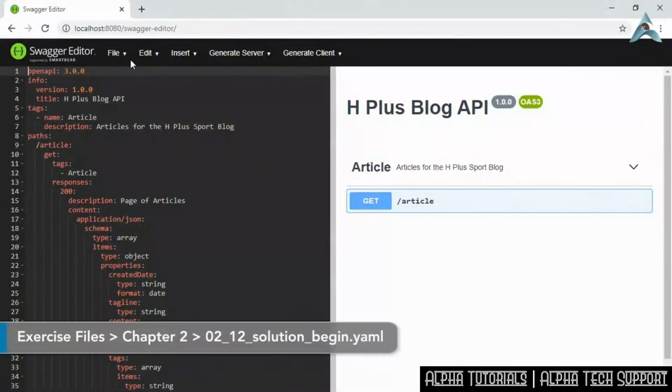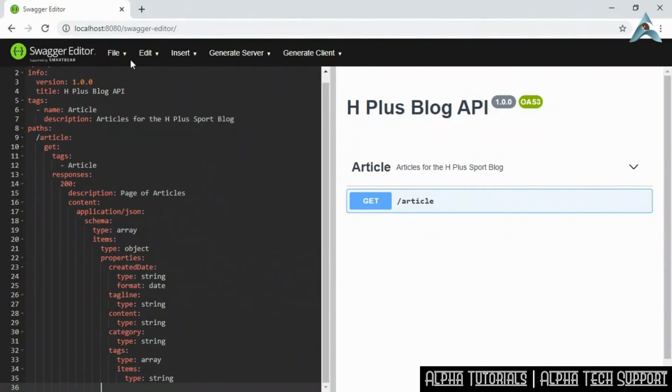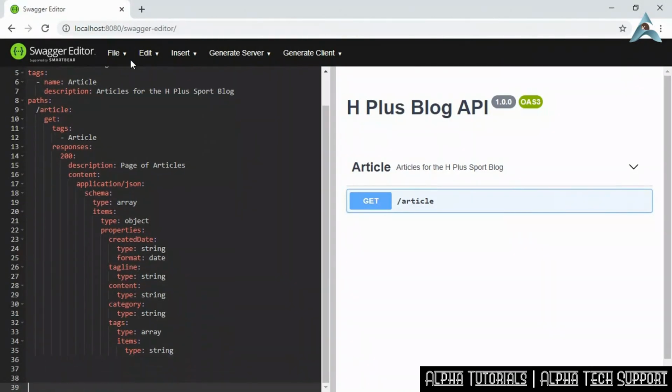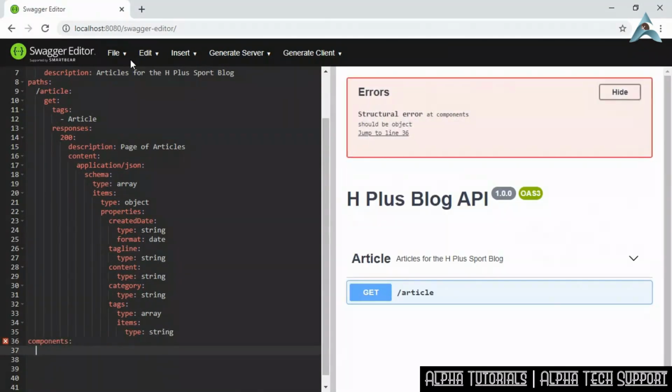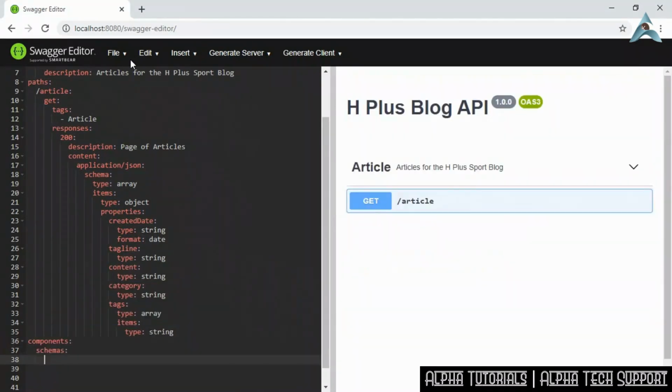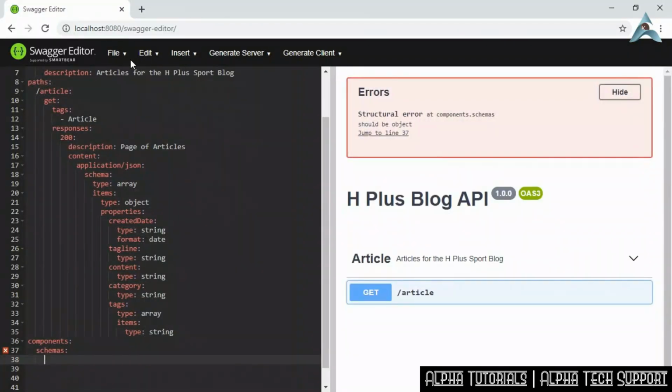In this video, I'll share my solution for this challenge. To get started, I'm going to add a component section to the bottom of the file. Within this component section, I'm going to create a reusable schema object that represents the article resource. This component will provide us with some reusability throughout the API definition, and we can avoid repeating the article schema